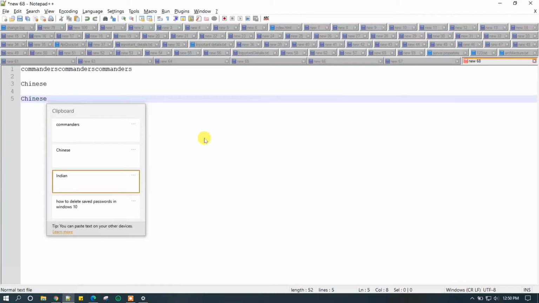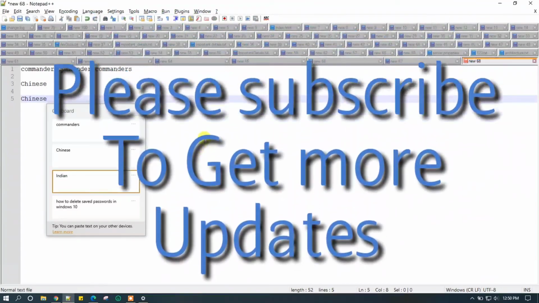So let's say you are moving from one document to another to copy and paste, and that makes your work hectic. You can use window V to paste the things, where you can get all the details which you have copied earlier. And friends, use this thing to make your work easier.